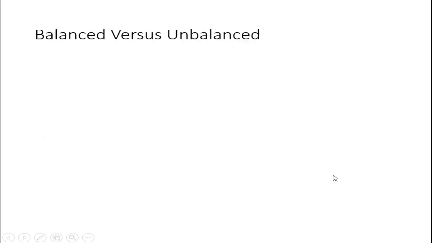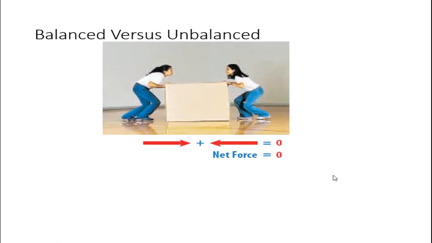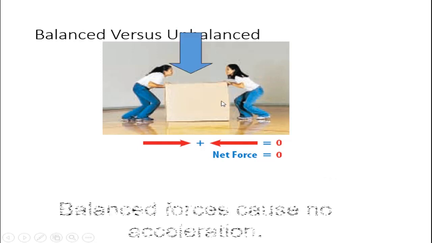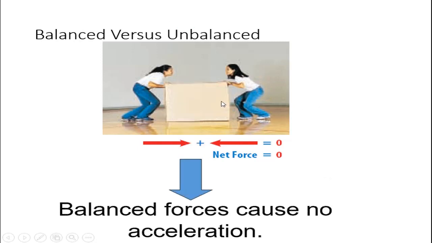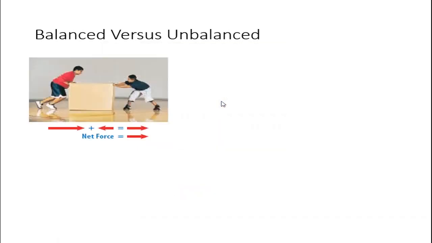So, balanced versus unbalanced. Look, this is actually a balanced force. The net force is 0. The left girl and the right girl exerted the same force, so the object does not move. Balanced forces cause no acceleration. This one, it will cause an acceleration because there is unbalanced force. It means